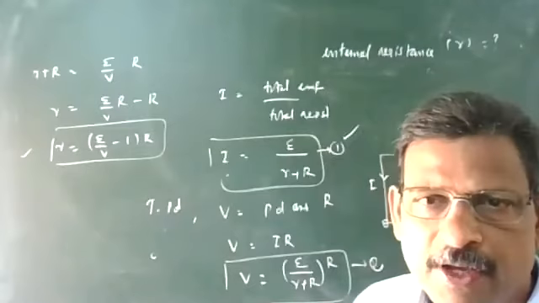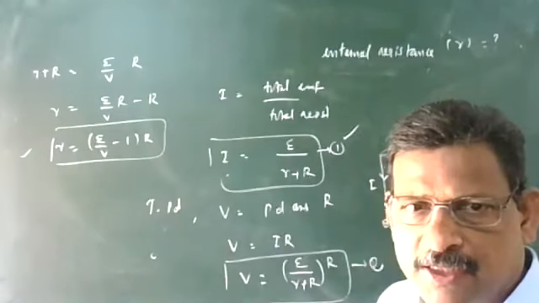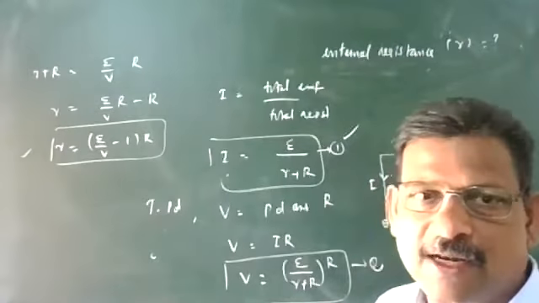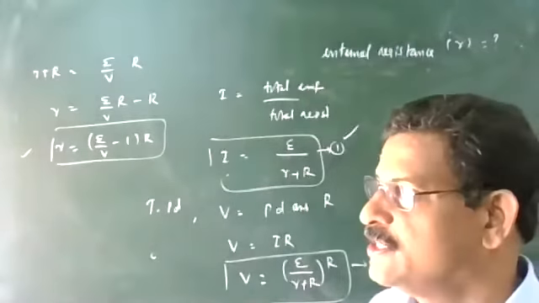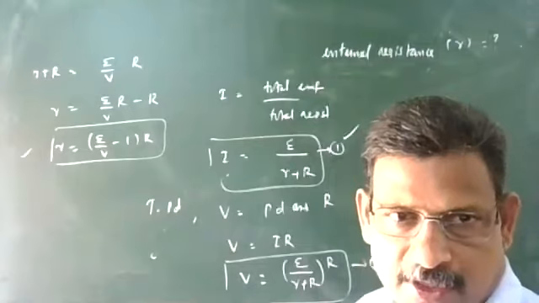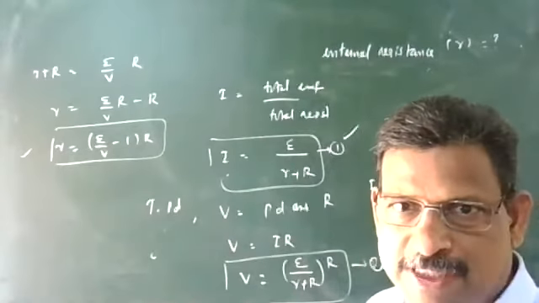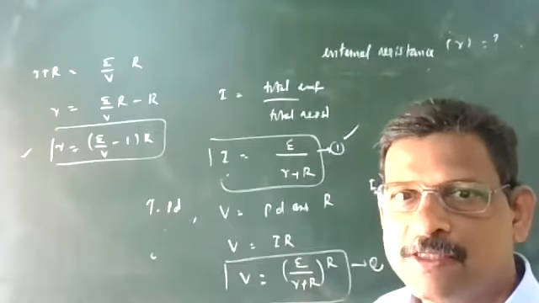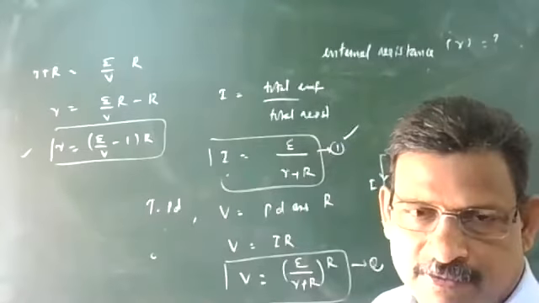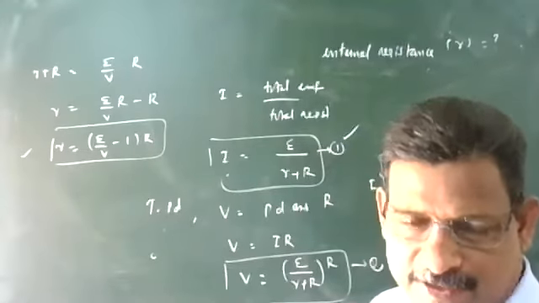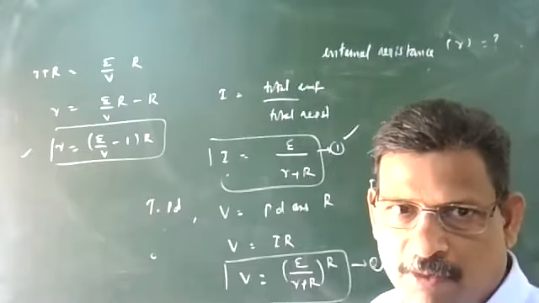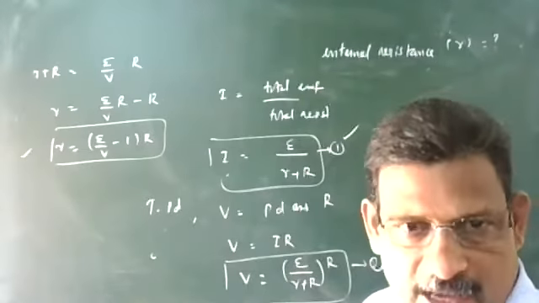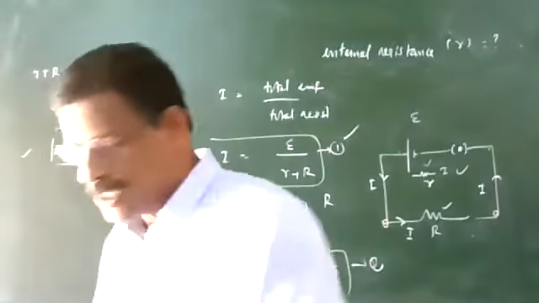Okay. Next important thing is that just like resistances in series and capacitances in series, you can connect the cells also in series and parallel. Sometimes you want to increase and sometimes you want to decrease. So, cells in series and in parallel combinations. When two cells are in series, we use this in many cases in torches, where 2 or 3 cells are connected in series. In that case, what will be the effective EMF? What will be the effective internal resistance? Sometimes we connect them in parallel, etc. So that is the next point.